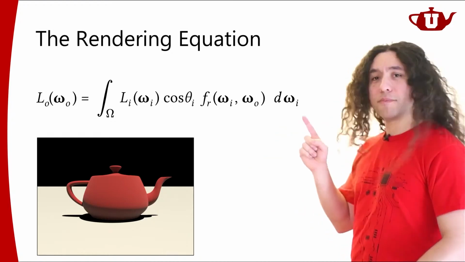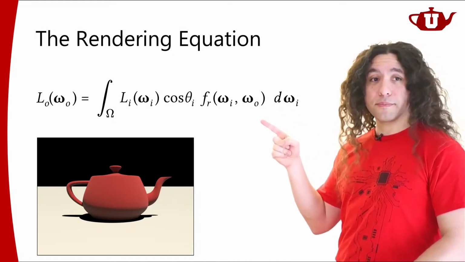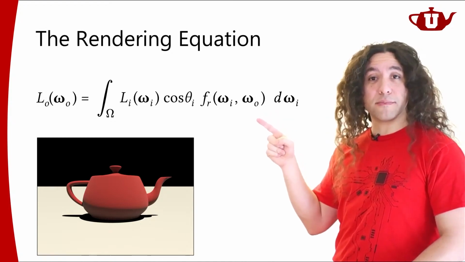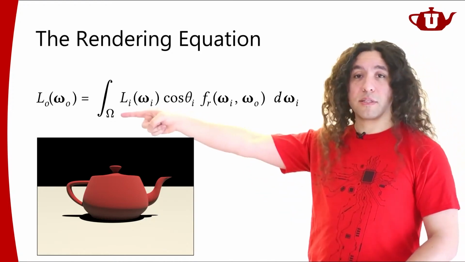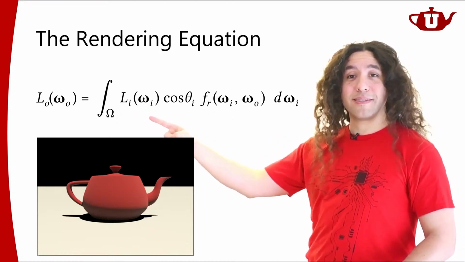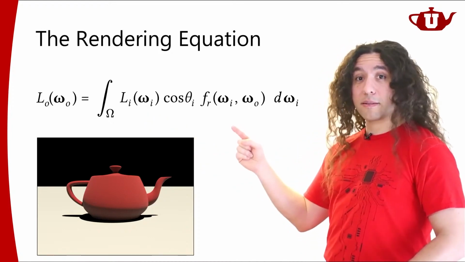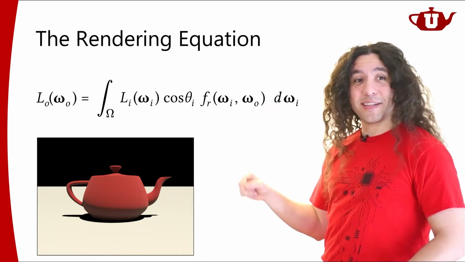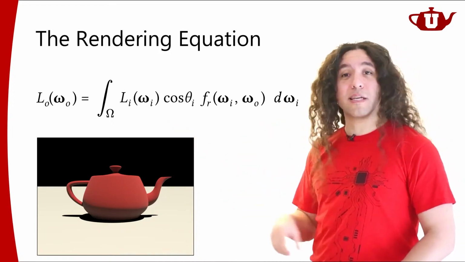So if I look at this integral, for one direction and one direction only, which is the direction that corresponds to the sunlight in the scene, I am going to have illumination. For all other directions over this hemisphere, this incoming illumination, Li, is going to be exactly 0, right? Because I only have this one light source in the scene, which has a single direction, and that's where I'm getting my illumination. For all other directions, it's going to be 0.